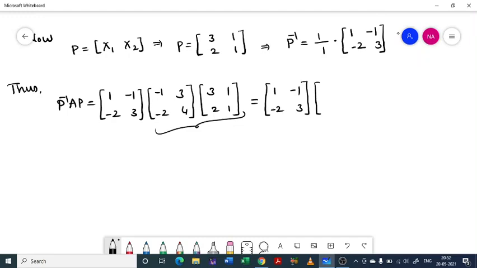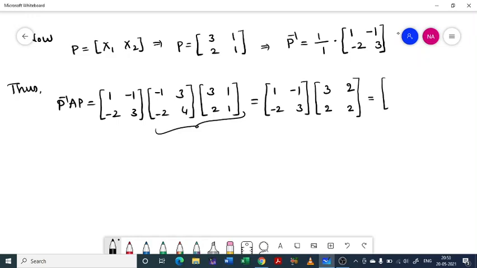Multiplying these two, minus 3 plus 2, minus 3 plus 6 will get plus 3. Next, minus 1 plus 3, 3 minus 1, right, it is 2. Next, minus 2 into 3, that is minus 6 plus 8, you get 2. So minus 2 plus 4, so 4 minus 2 you get 2. So this is what I got, and multiplying these two,